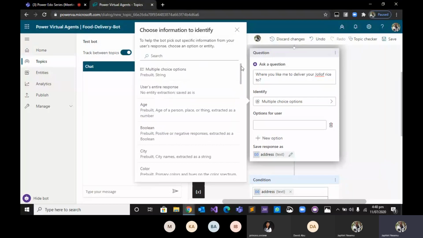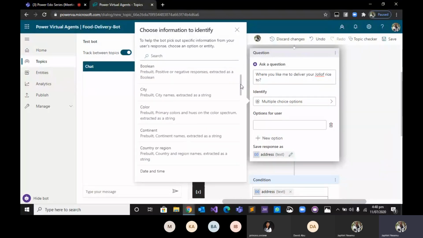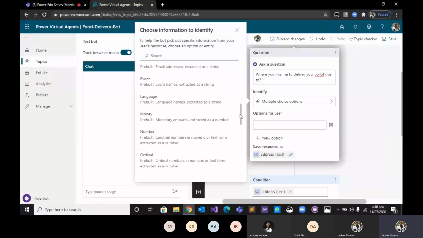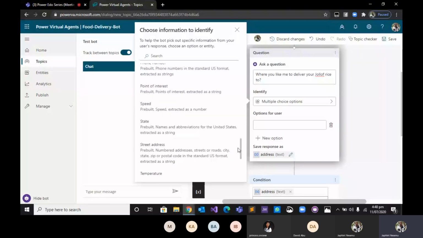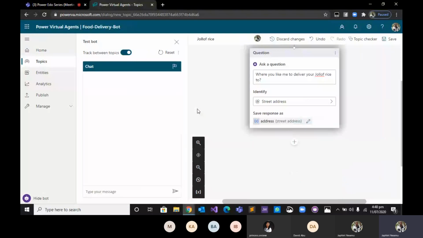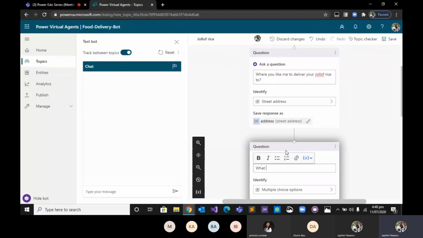So for this, remember the first option we have is the multi-choice option, which is either A, B, C, stuff like that. So we'll go over and change it to street address. Great. Then what you can do next is ask, what state are you located in?